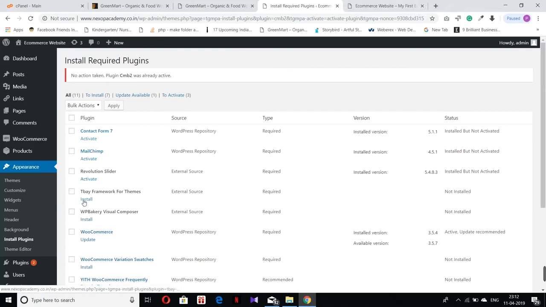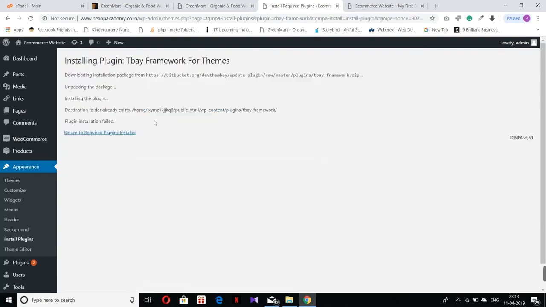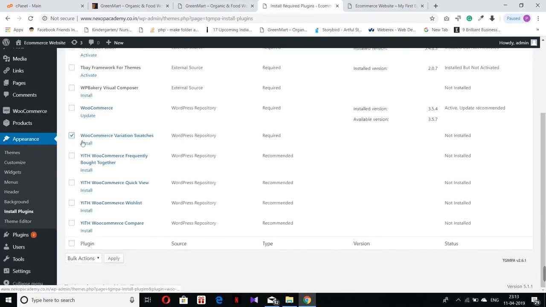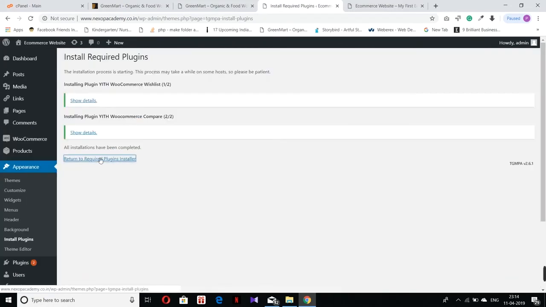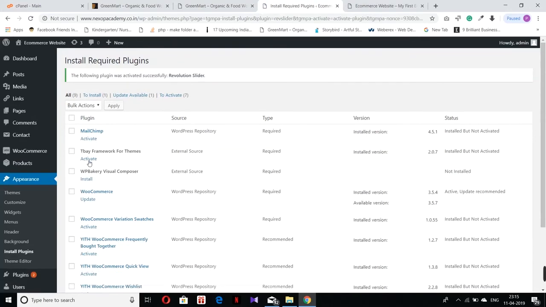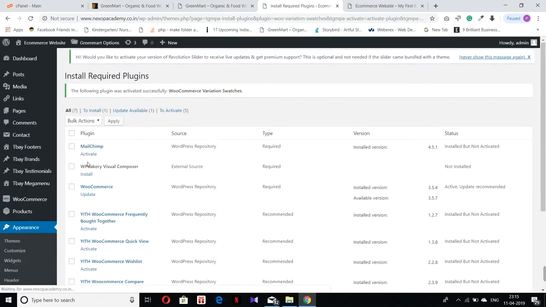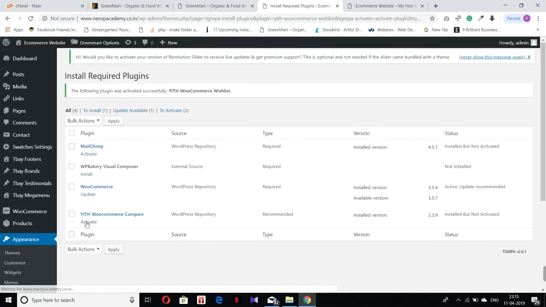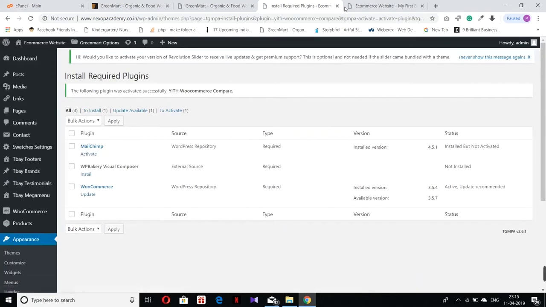I'll activate them, and I'll install the other plugins also. Okay, most of our plugins have been installed.